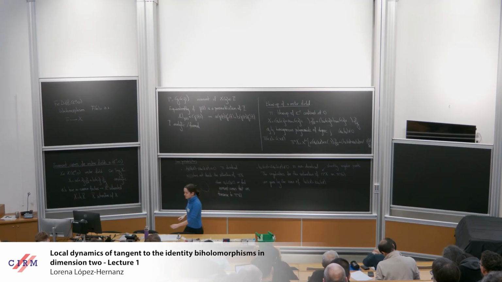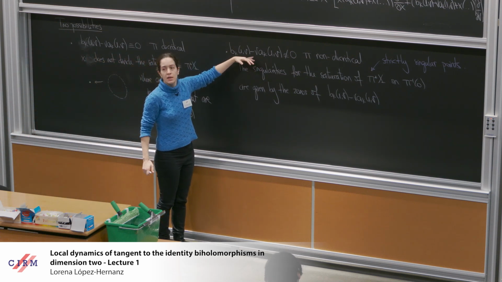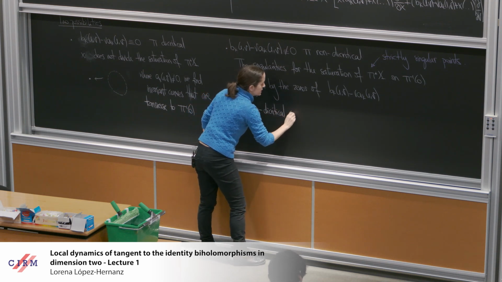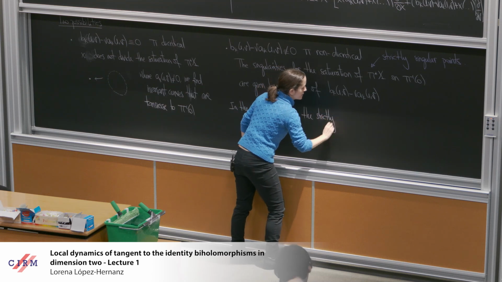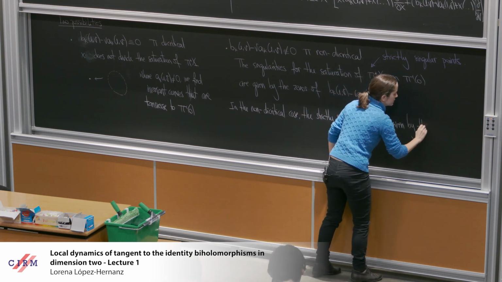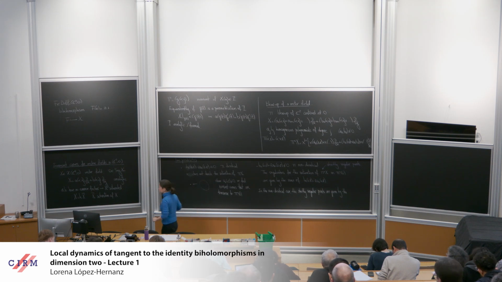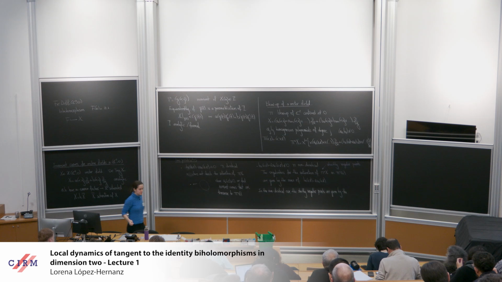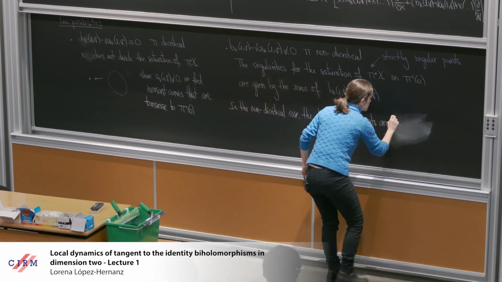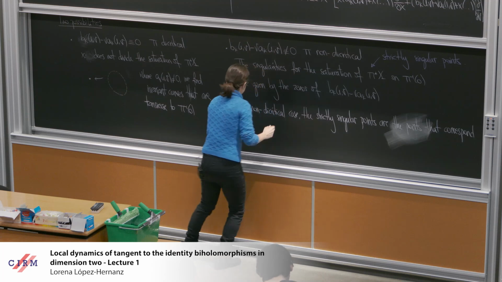Okay, we can do the same computation in the other chart. We get an analogous computation. So what we have is that in the non-dicritical case, the strictly singular points are given by the zeros, by the lines that correspond to the solutions,